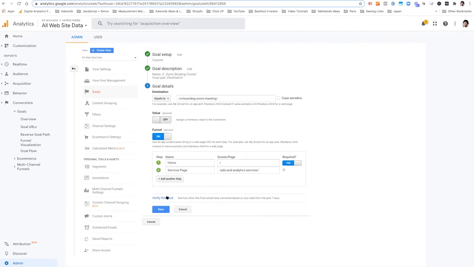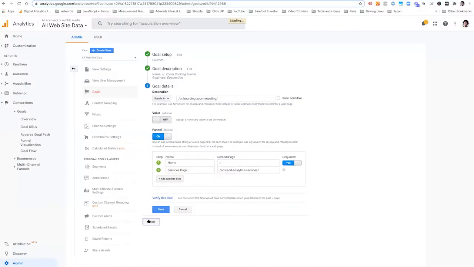Now, if you've got at least 200 hits over the month to your website, when you hit verify this goal, if there's been people going through that funnel, then you will have a percentage rate there. So that is a good way to test it before you set and forget.